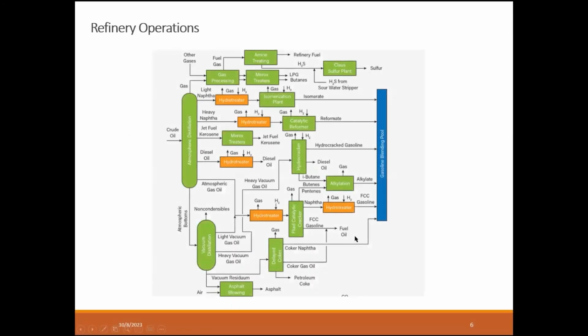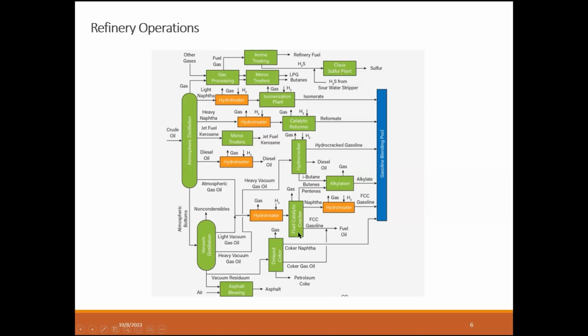So, refinery operations, refinery layout. I got this, I think, from research kit, if I remember correctly. Basically, in a refinery, we have atmospheric distillation or crude oil distillation. Some of them will have vacuum distillation as well. And from crude distillation, atmospheric distillation, we will have downstream units such as hydrotreaters, catalytic reformer, hydrocracker,